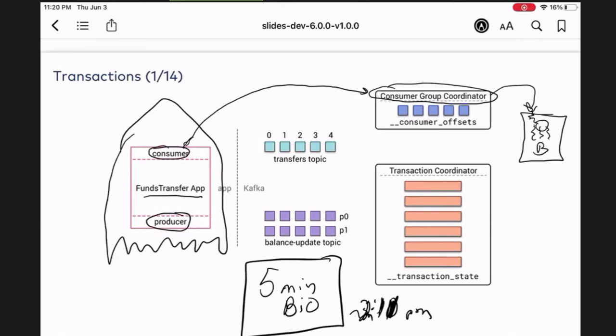And that broker is there because consumers need that. Then, because you are using the transactions API, Kafka also says one of the brokers needs to function as what's called the transaction coordinator, right? Because now you're using the transaction API. Those are the first two things that we need to be comfortable with.